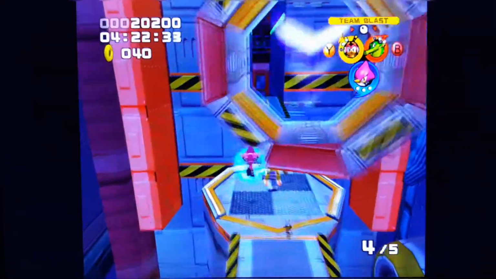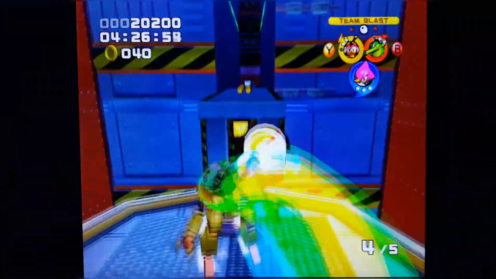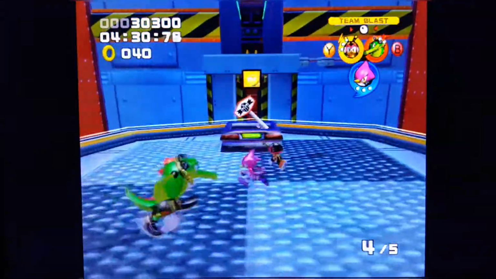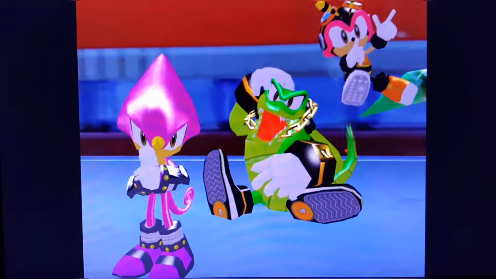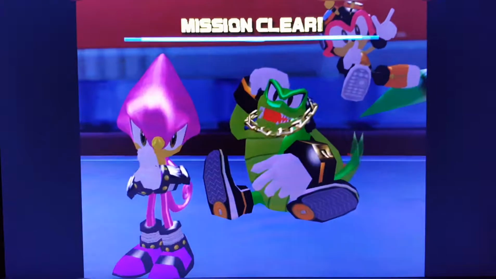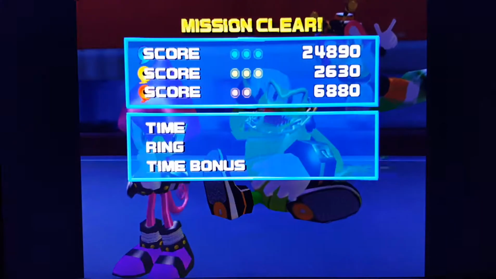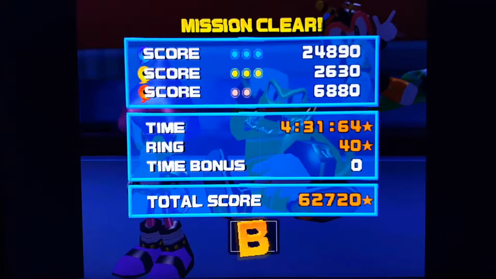I always love how during those parts, when Vector reacts to the lasers, he always says something like, "Red! I said red laser!" I don't know why I find that so funny, though. Like, the way he says it. Especially stuff like, "Blue! I said blue laser!" Why is that so funny? I don't know why. Anyway, I beat the stage in under 5 minutes, and...